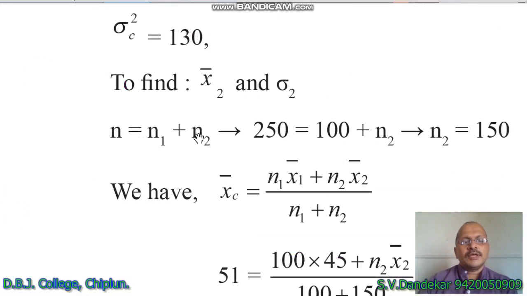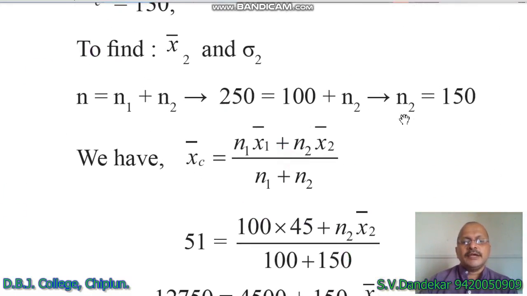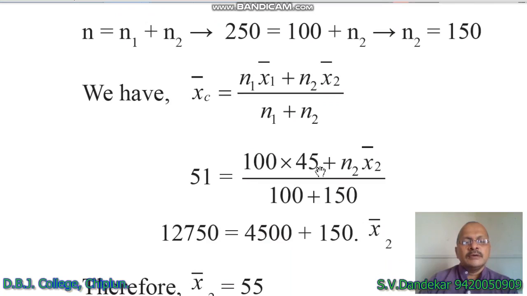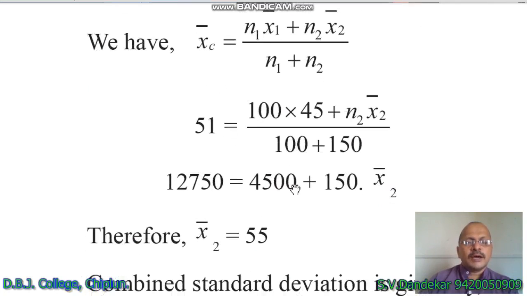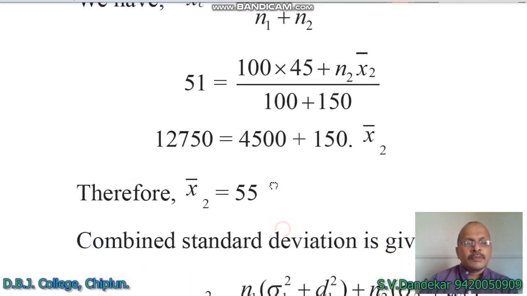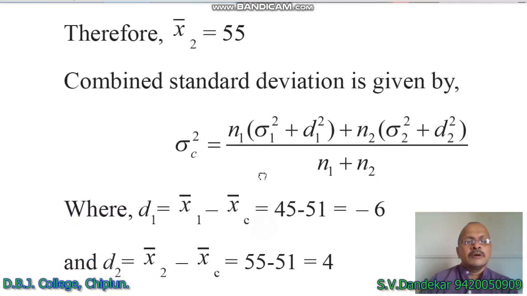N is equal to n1 plus n2 implies n2 is equal to 150. This we have just seen. Now xc bar is equal to n1 x1 bar plus n2 x2 bar upon n1 plus n2. Putting the values of n1, x1 bar, n2, here we get the value of x2 bar calculated to be 55. The combined standard deviation